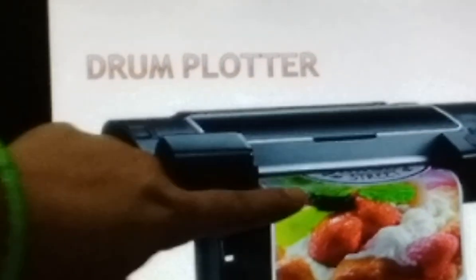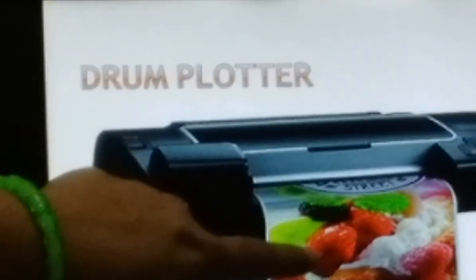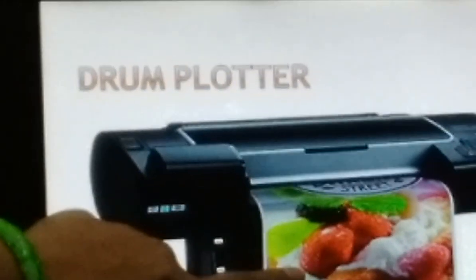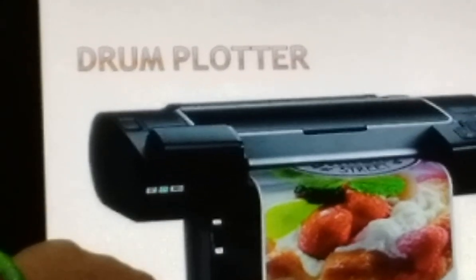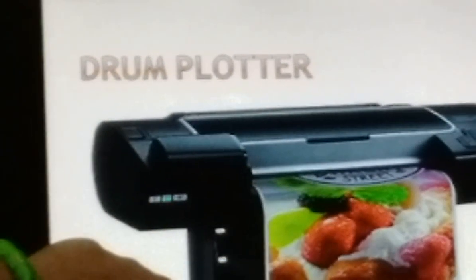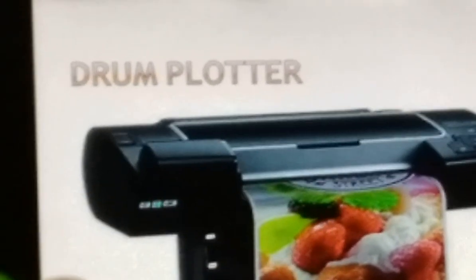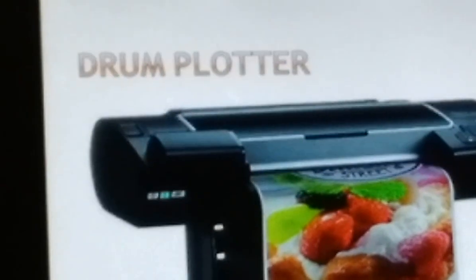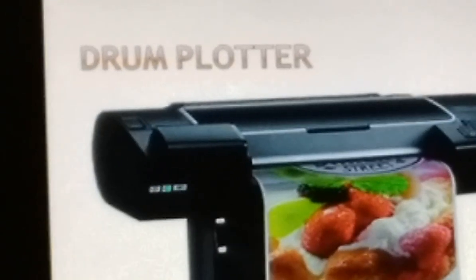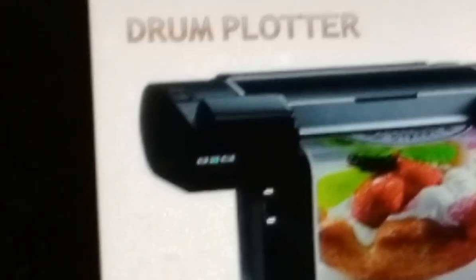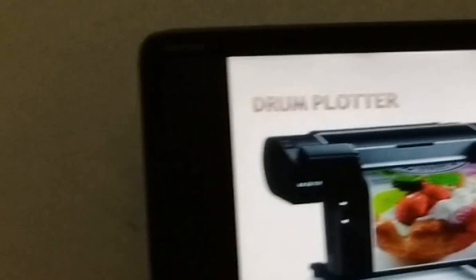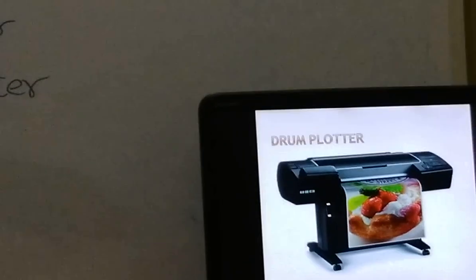In the same way there are color paints embedded inside the drum plotter. It will strike at a particular position on the sheet, and it will form an image. This type of image is graphically drawn, and this type of plotter is used for printing structures, maps, world maps.